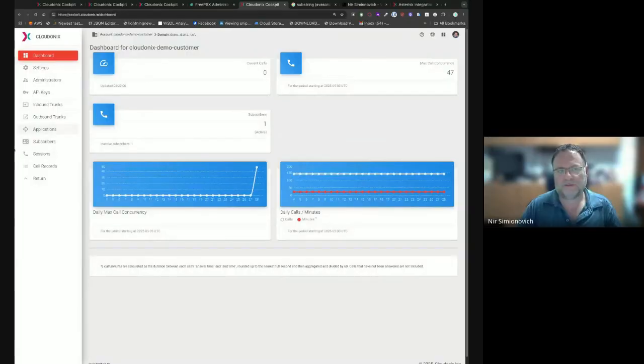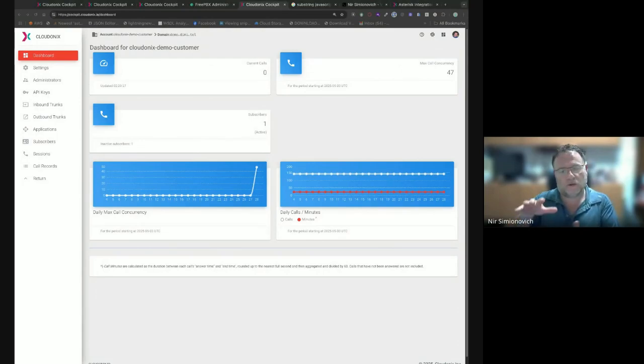so here's something you need to understand about Cloudonix. In Cloudonix, there are a lot of what we call data models or resources. The topmost resource is your account. This is you, the owner. This is the topmost, with the entire control, everything. Under your account, you have domains.